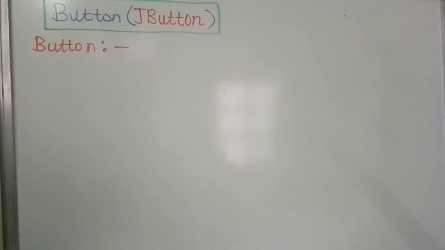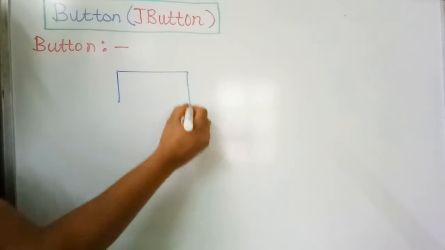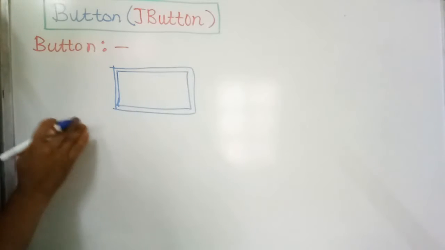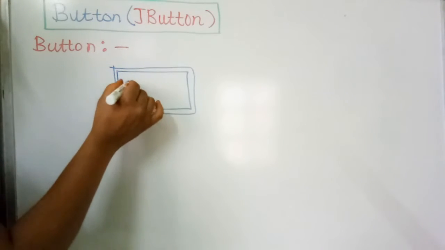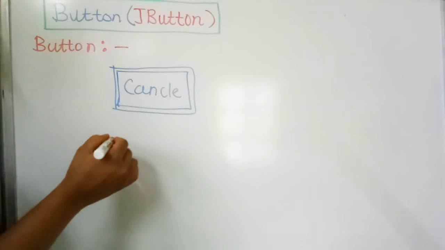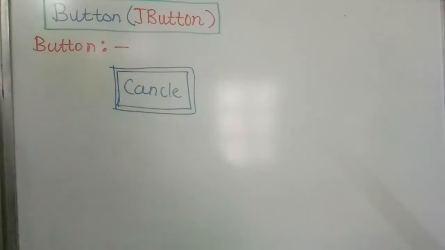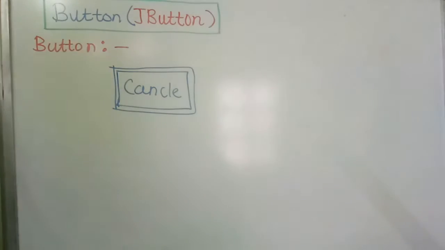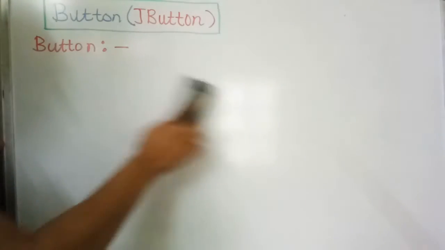At the time of creation of the button, we mention the label to the button. For example, we have created the button like this, and then we have to give the meaningful name that is known as a label. For example, cancel, OK, like this. To create the button in the AWT, we will follow some steps. For applying or using a button in any AWT based graphic programming, you will apply the same steps.